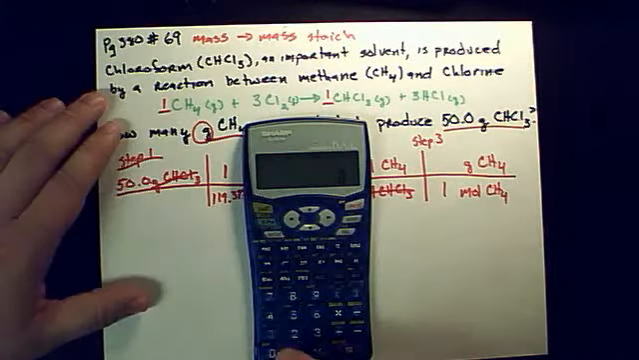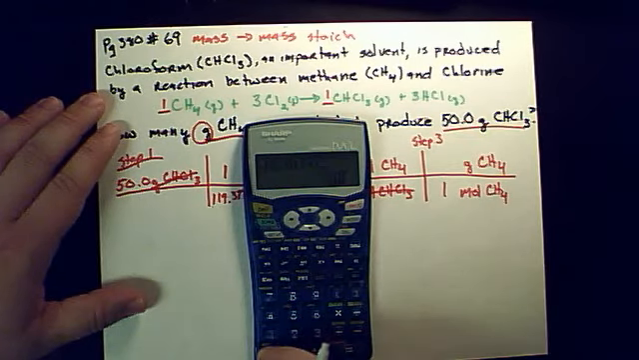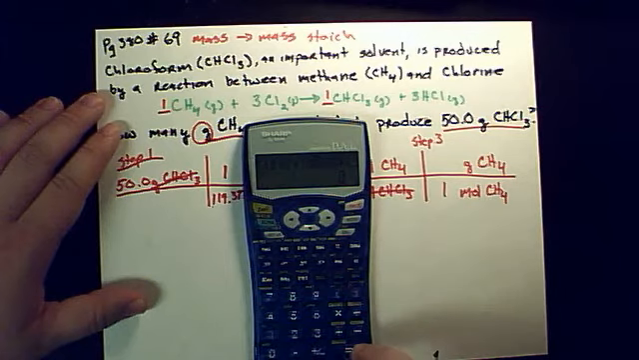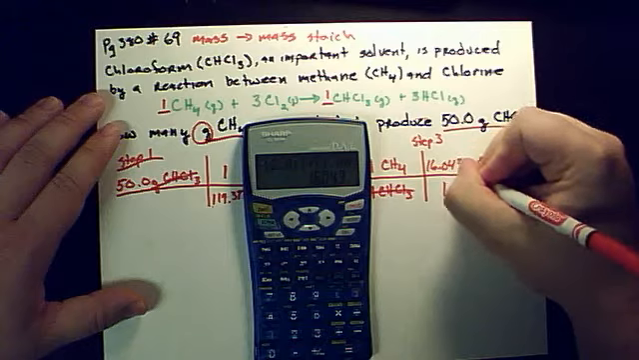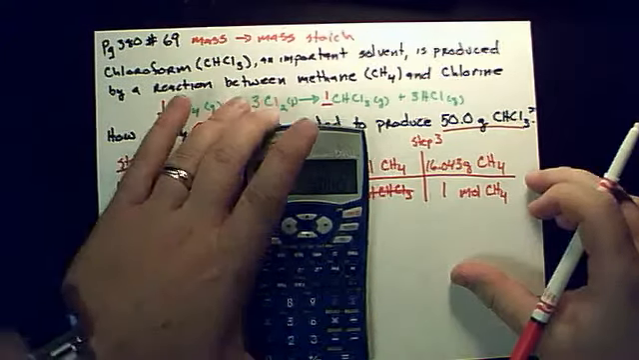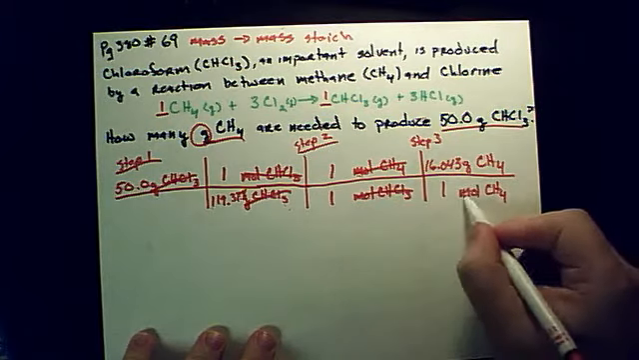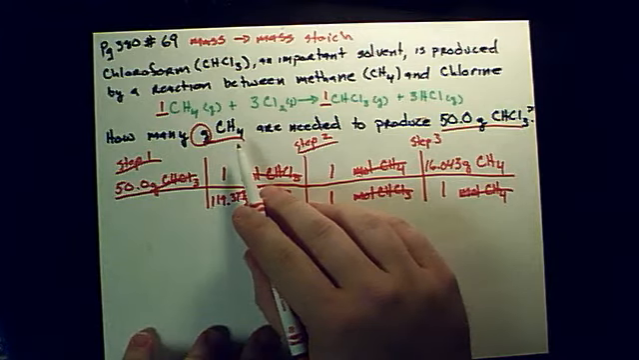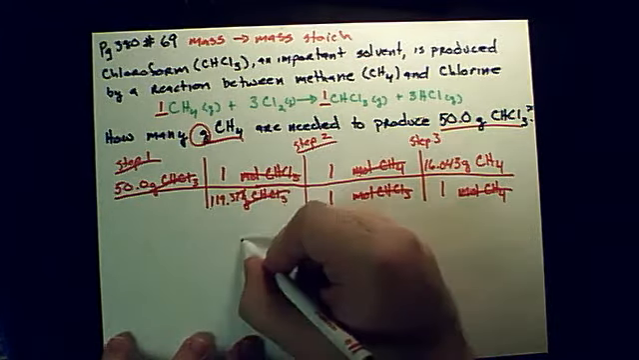Well, again, carbon is 12.011, and I'm going to add 1.008 4 times, and that gives me 16.043. So my moles of methane now cancel out. I'm left with grams of methane, which is what the question is asking for. So now I'm going to do my math. I'm going to multiply across the top, which is